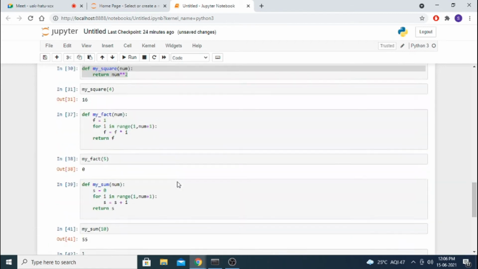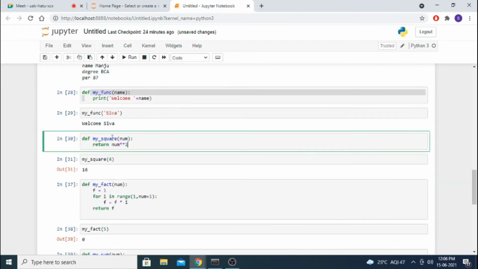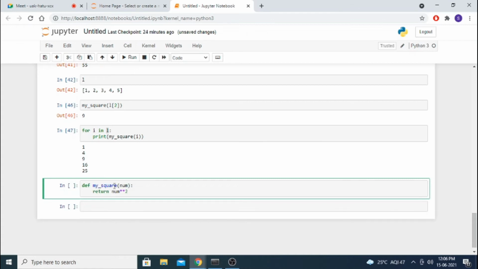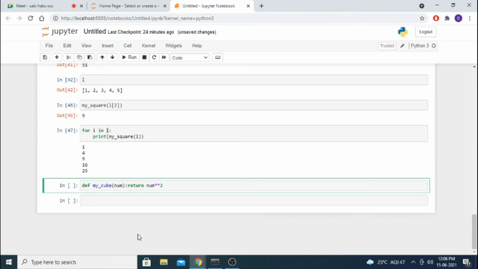Okay, now I can show you one more new thing. I am creating one function, my cube. Square also can be kept, not a problem. We need not write it on the next line; in a single line only we can do the things.